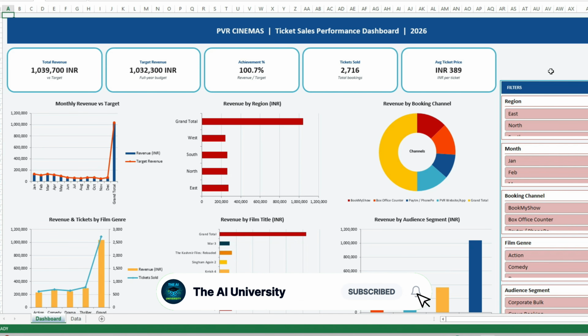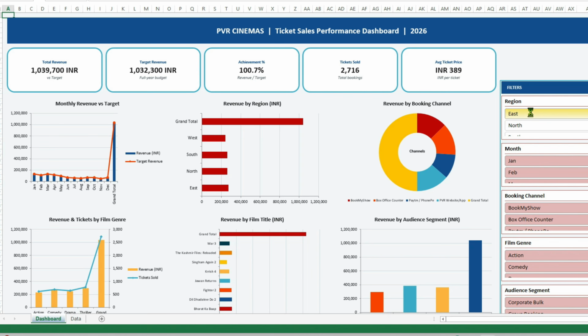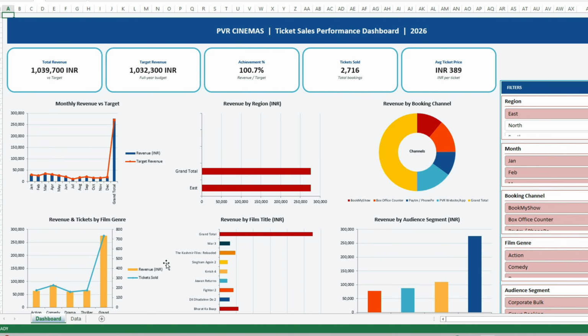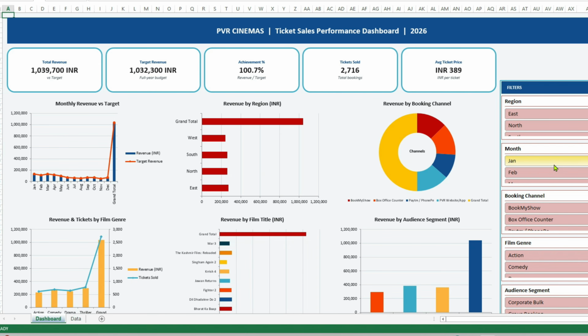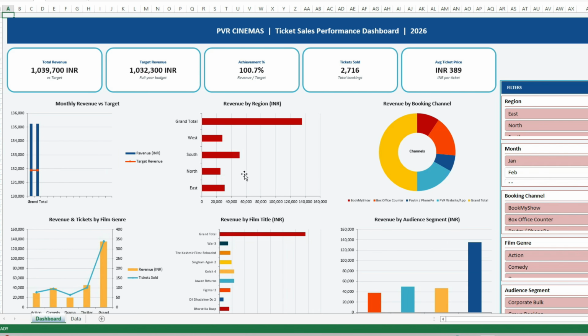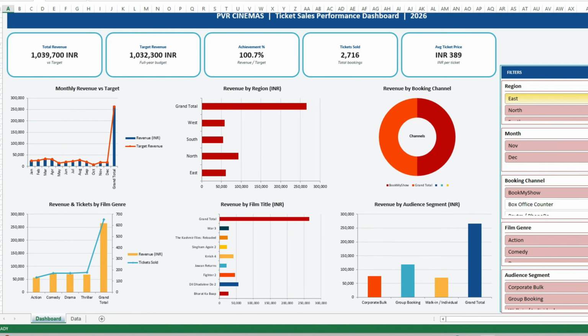For example, let us say you want to see the ticket sales data in the east region. Just click on east and you can see that the graph got changed. If you click on north, you will see the corresponding values getting changed. In fact, if you want the month-wise sales data, then you can just click on these month filters. Click on Jan and you can see that January data is there, right? So these filters play a very important role in getting this data